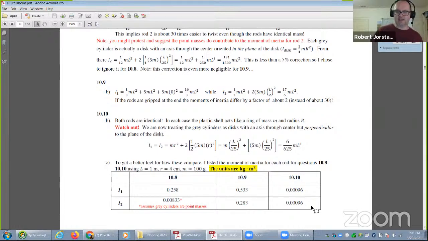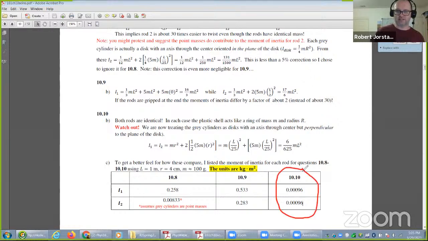And in this case, notice how much smaller the moment of inertia is for 10.10. Right? This one's pretty small. It has 2 zeros, but this one's still 10 times smaller than that, approximately 3 zeros. So this is crazy small. Now, believe it or not,